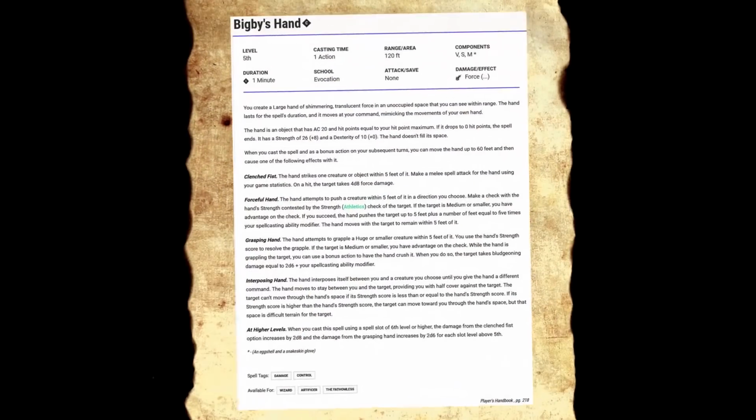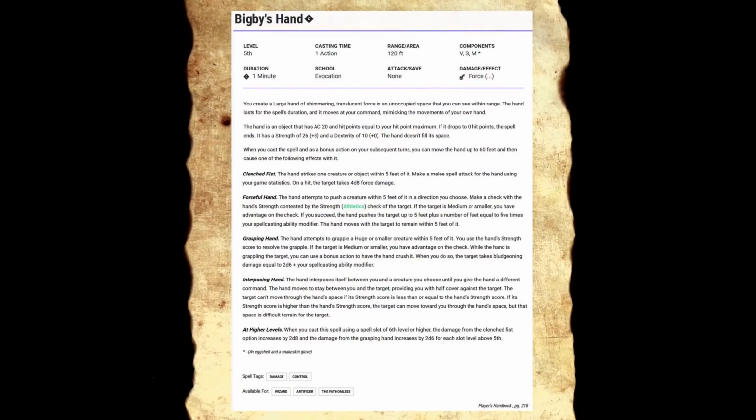So Bigby's Hand, if you go with the interposing angle, this is a 5th level spell. It's going to give you half cover if you keep it close. Essentially the way that spell works is you put it on a person, and it just puts the hand in their face and blocks them, and they have to make a strength check in order to get through it. And I think they have to have a greater strength than the hand, and the hand has a 26 strength, so good luck with that. But it's the ultimate talk to the hand, which is going to then give everyone half cover against that